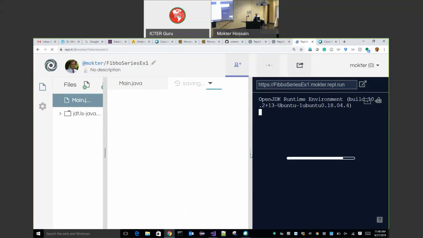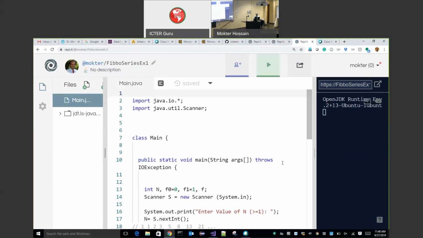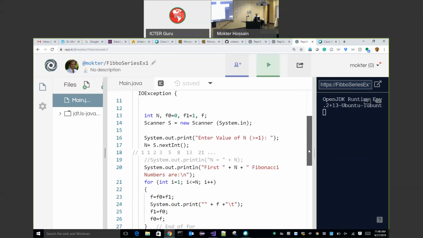In the Fibonacci series, Fibonacci numbers are like this: the third number is the sum of the previous two numbers in the series. For instance, some people say that the Fibonacci series starts with 1, and some mathematicians argue that Fibonacci should start with 0. So whether we start with 0 or 1, no matter. The third number will be the sum of the previous two numbers.